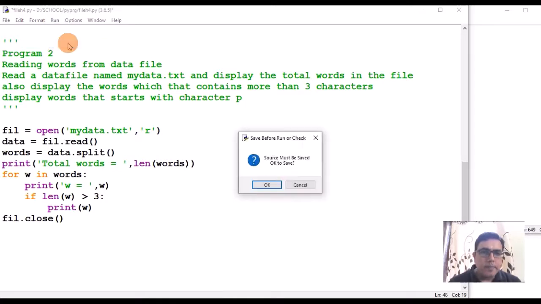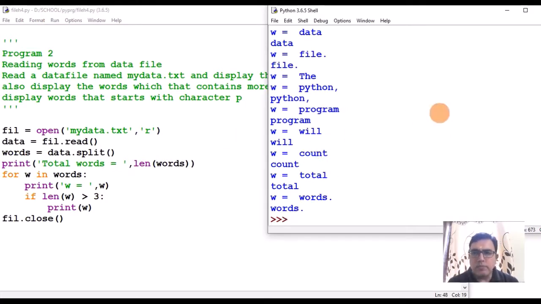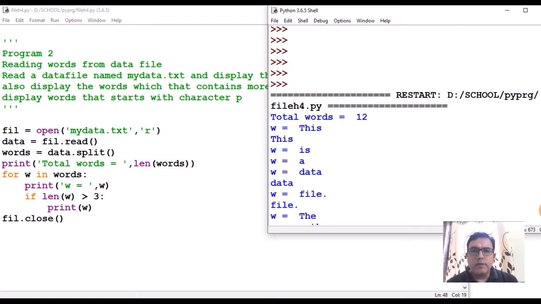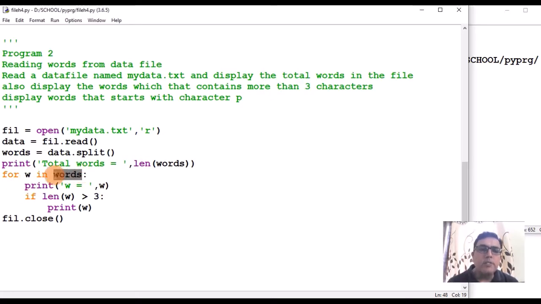Run it. Now see here, total words it is showing 12, that we have checked. Now W is equal to this, right? So first it has read W. What will be the data type of W? W will be a string, right? You are iterating on a list named words.